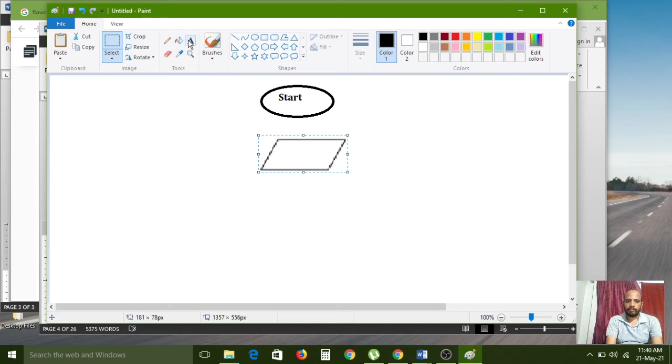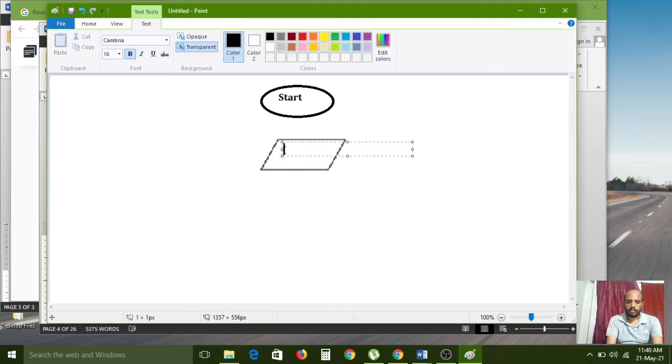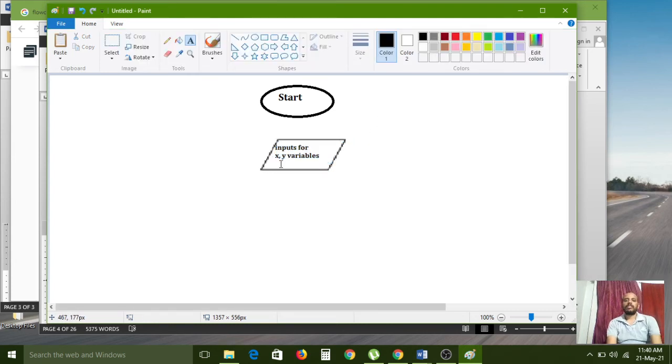Inputs for x and y variables. After that, the process is going on.